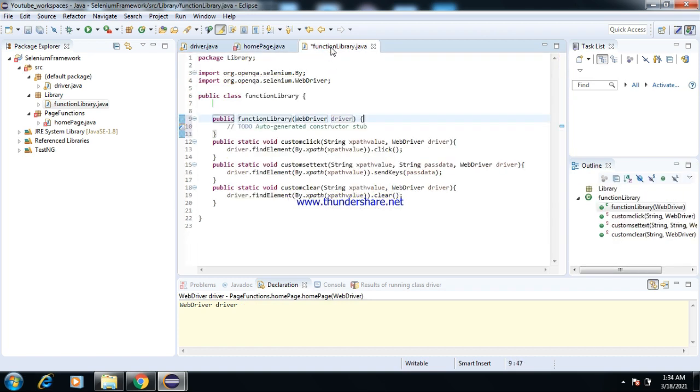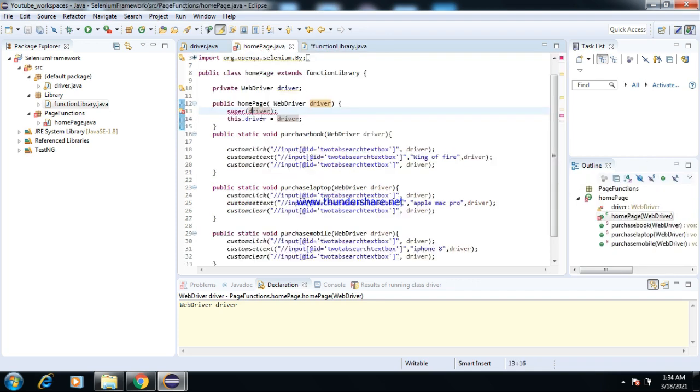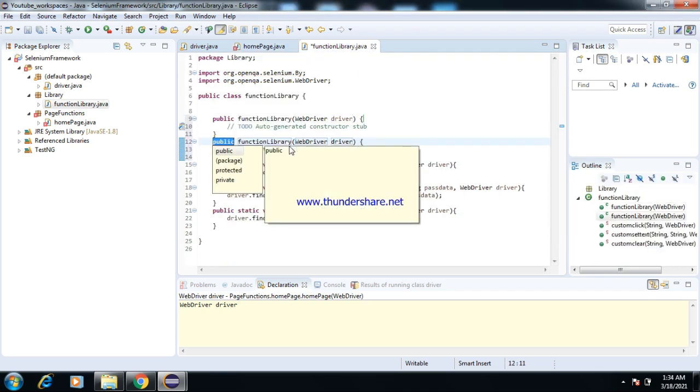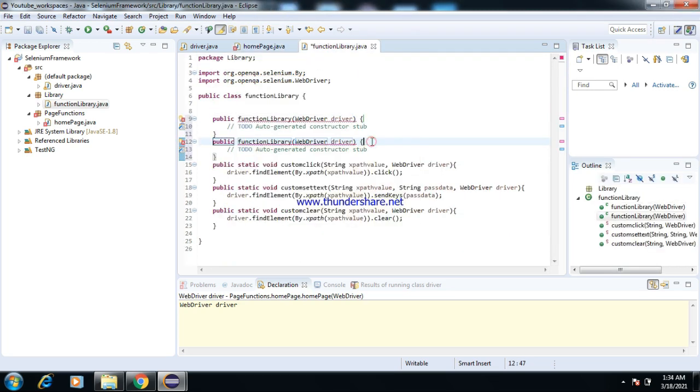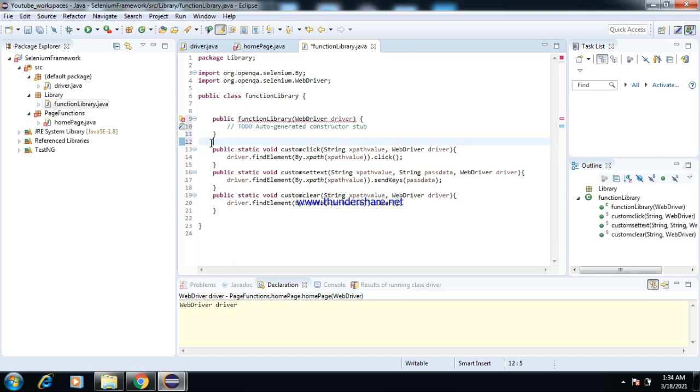Let's check if some error is there in the home page. So this is because I have not saved the functional library class yet. Let me save this functional library class. Let us remove one and save that one. So the error has gone now.